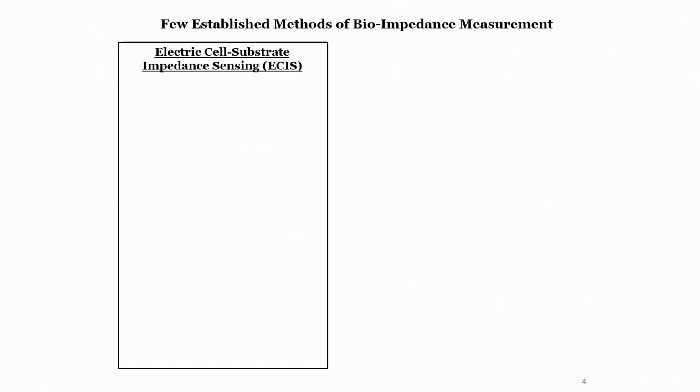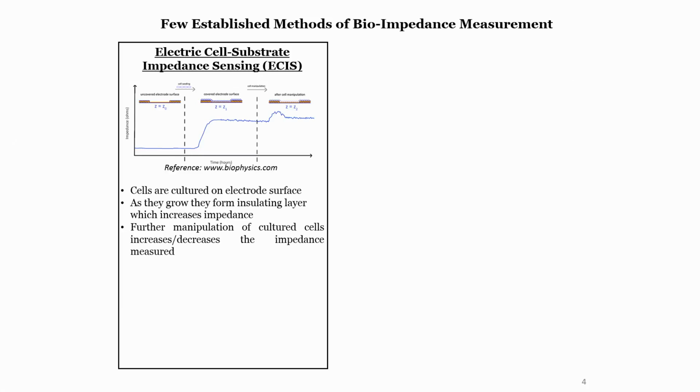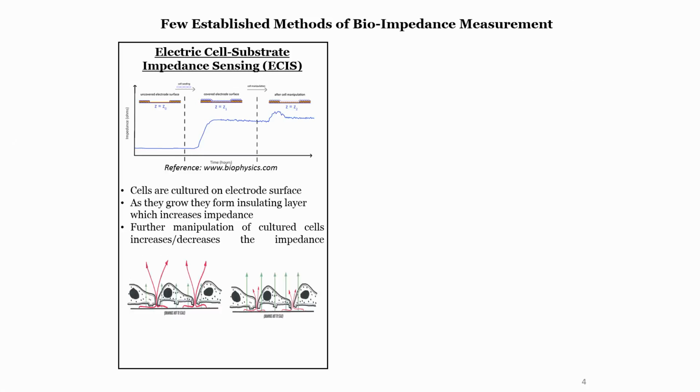what is the practical application of such impedance spectroscopy? How do we use that? There are several technologies available, both as products and in research. We will quickly go through them now. One is what is called electric cell substrate impedance spectroscopy. What that is used for is to measure the confluency of cells.